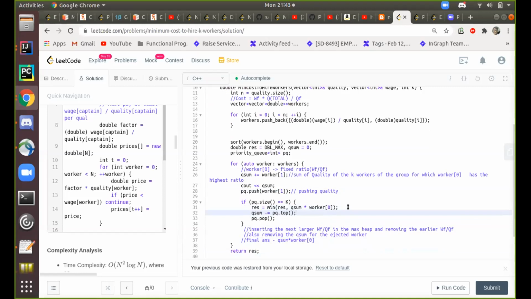Yeah. So you will always have optimum qualities based on the ratio, correct? And then you are going to use that same quality, whatever you are summing in Q sum, and you are multiplying by the current worker's ratio. So that will be the wage which will be at least equal to the minimum wage of that worker, or maybe more than that. Yeah, more than or equal. Is it a greedy approach or what? Yeah, you can say that.